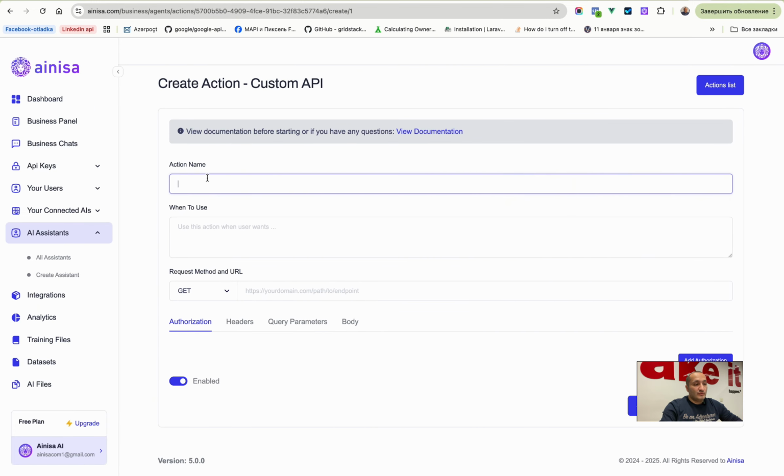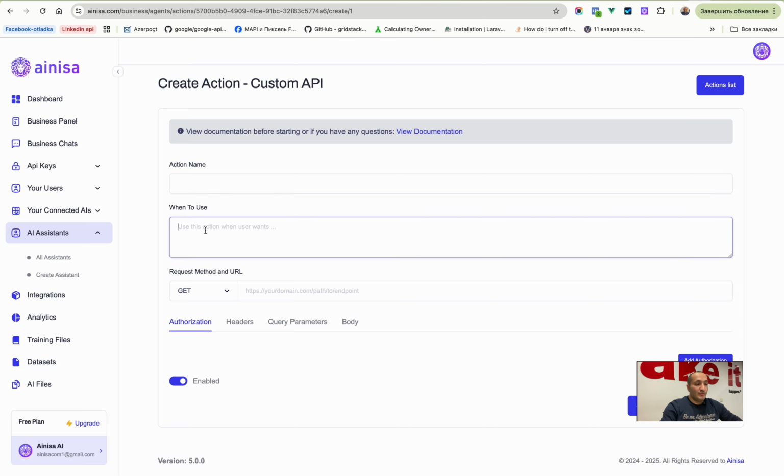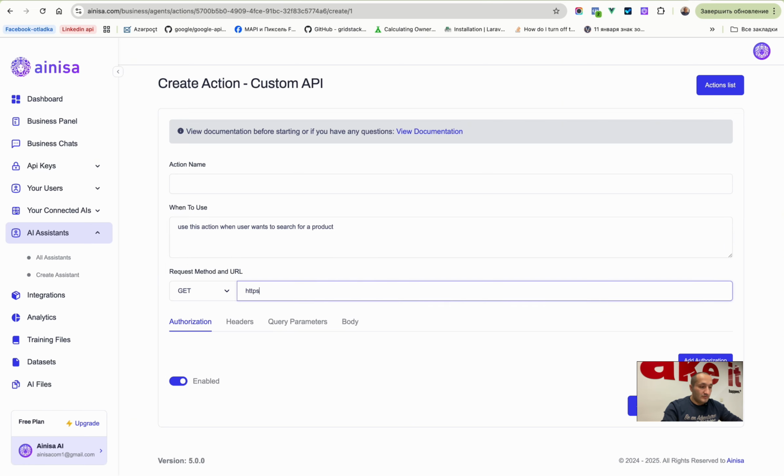You will need to add action name, then when to use. When to use is just a prompt. For example, you say use this action, for example, when user wants to search for a product. Then request method, to which API endpoint it will send the request, and the method, let's say get method to